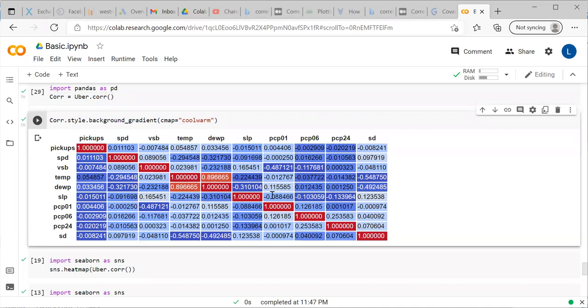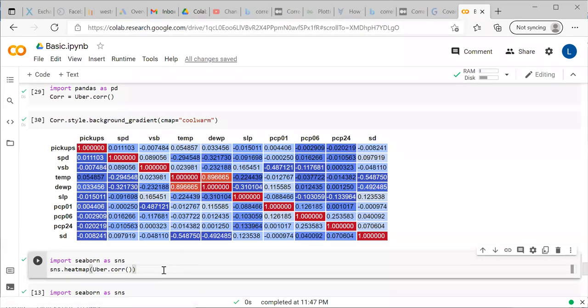This is somewhat better than the earlier one. Here, if you see, this value is strongly positively correlated, but the remaining values are nowhere near 0.8 or 0.9. Everywhere it is a lower value only. But still, I want to show this as a plot or something of a different kind.